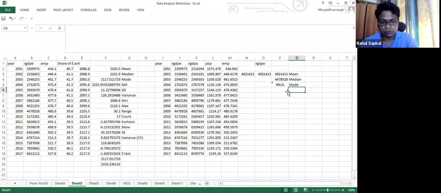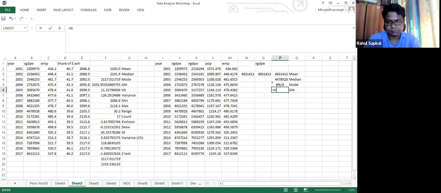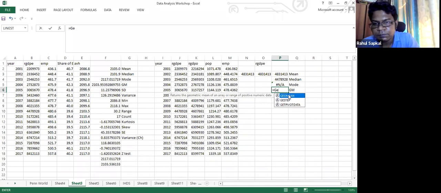Then let's move on to the geometric mean. Again, geometric mean. It will ask me for the number.